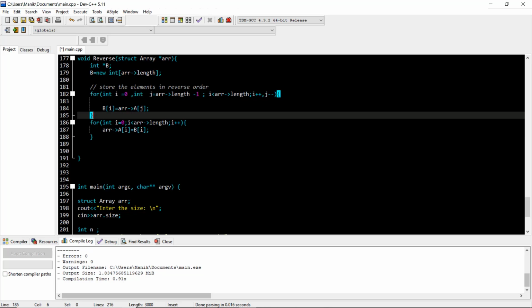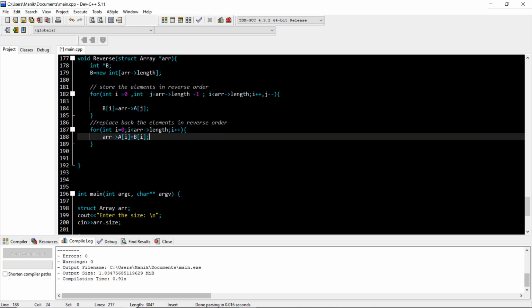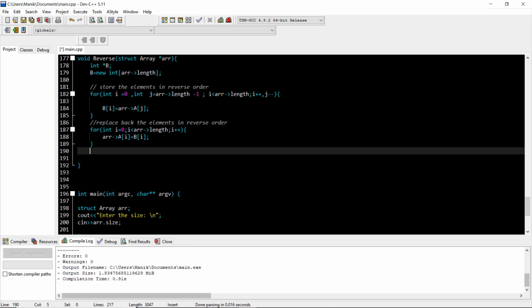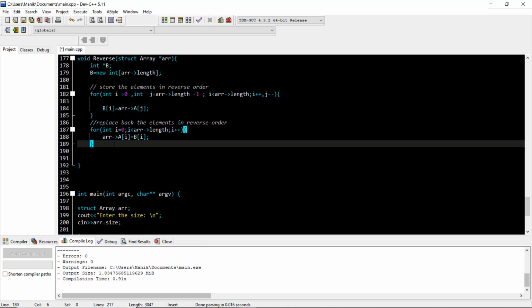Okay, so what it does, it replaces back the elements in reverse order. Okay, in reverse order. It just replaces back whatever the element is. Okay, this part is done.